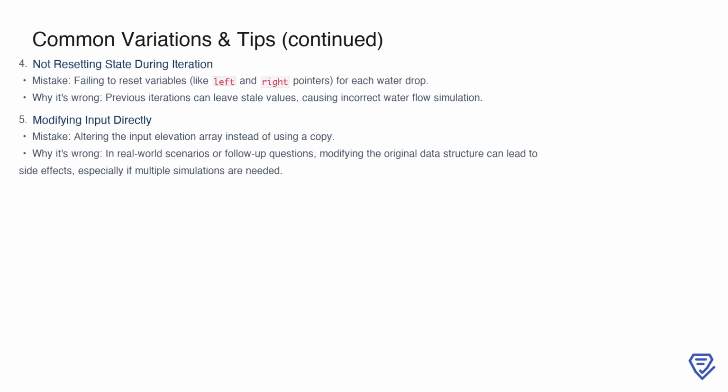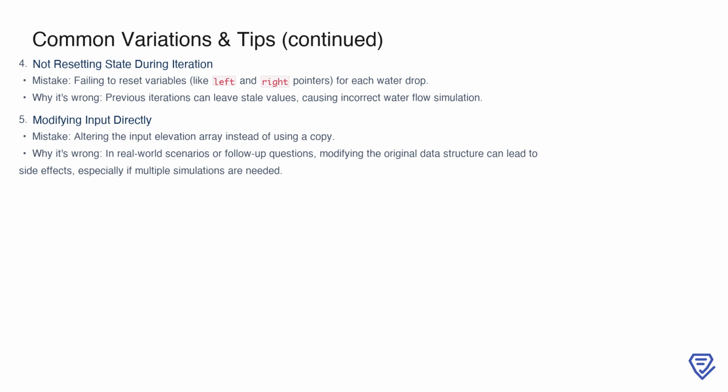Another mistake to watch out for is not resetting state during iteration. For instance, if you use variables like left and right pointers to track water flow, these need to be reset for each drop of water. Reusing stale values from previous iterations can lead to incorrect results. Similarly, modifying the input elevation array directly is a common pitfall. It might seem convenient, but in real-world scenarios or follow-up questions, you may need the original data intact for multiple simulations or comparisons. Working on a copy of the array avoids unintended side effects and ensures your solution remains robust